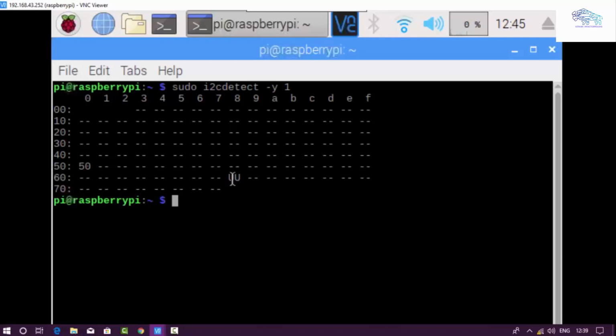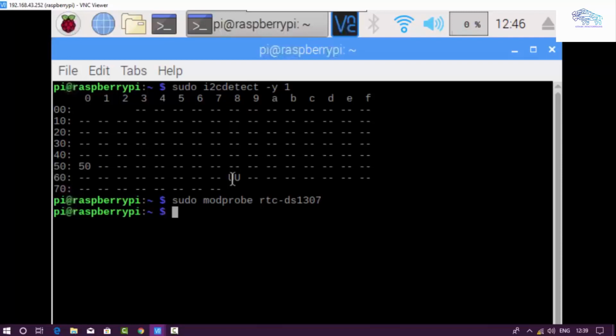After that you have to run this command. By using this command, it has been added to the system that I am going to add this module.